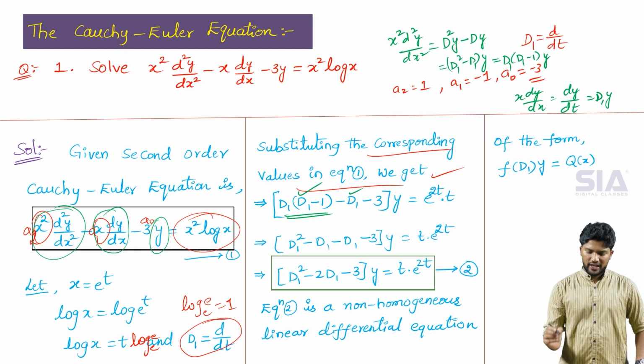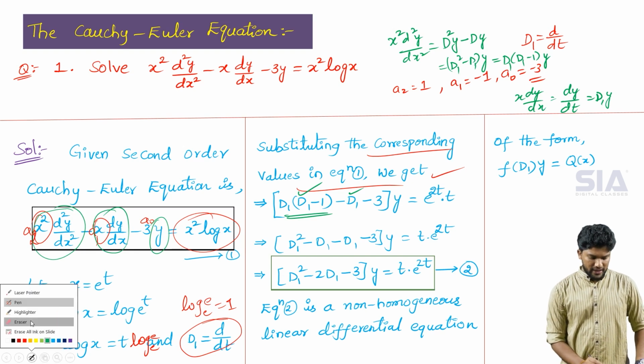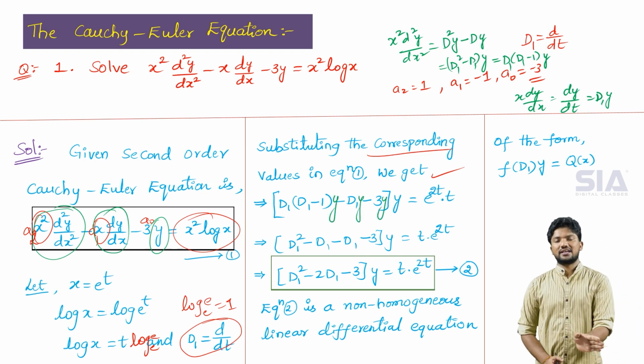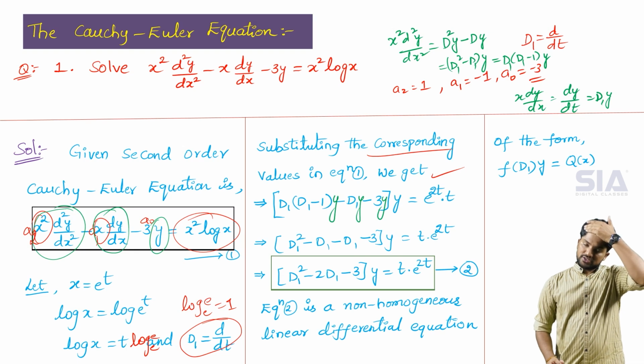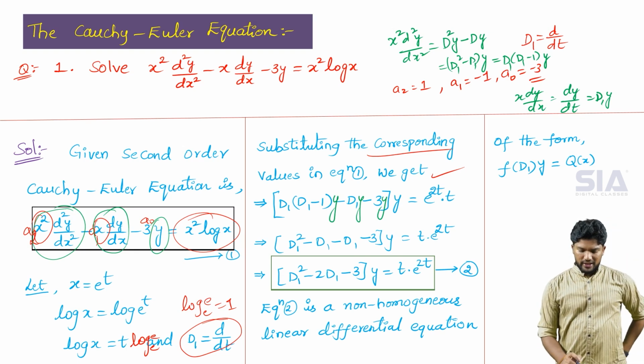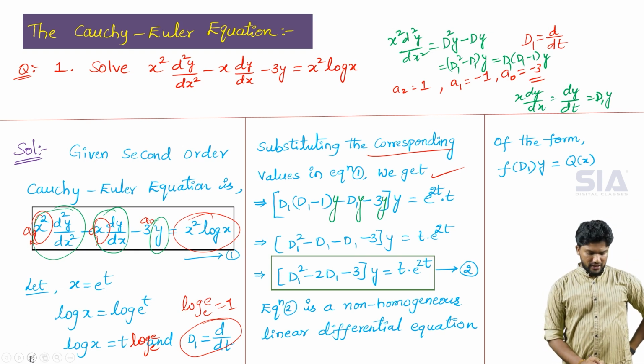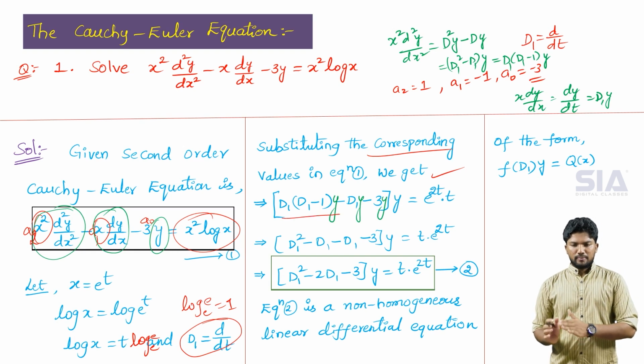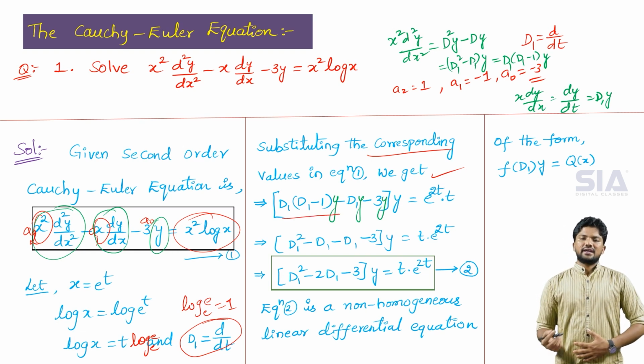Initially small y is there in this equation, so small y is there here also and here also. After that we are taking small y common. So the direct step I wrote here: D1 into D1 minus 1, minus D1, minus 3 into y